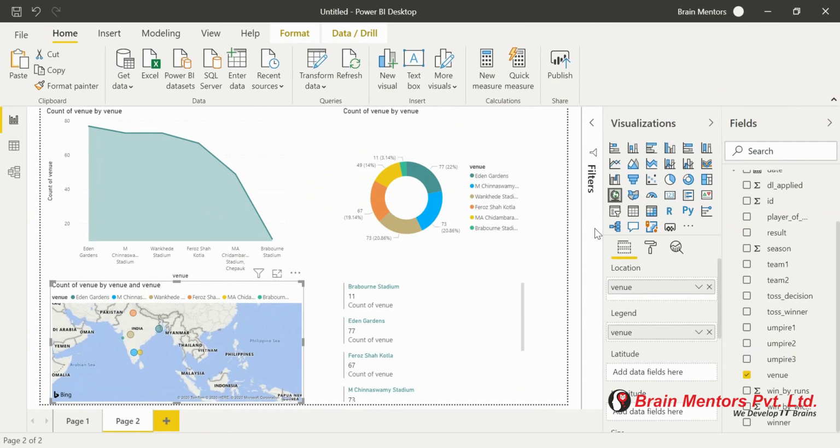If you enjoyed this video, we'll be looking at more details and more analytics of IPL, using more complicated graphs that are advanced level, like funnel charts. We have ribbon charts, and we have donut charts, like I have already converted my pie chart into a donut chart. These are the advanced level visualizations that we will look at in the next video.